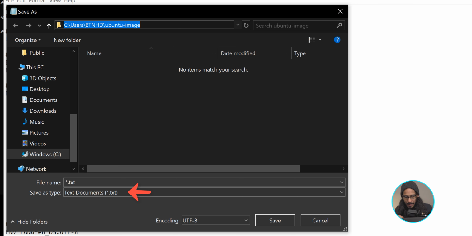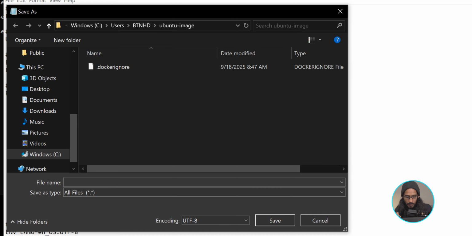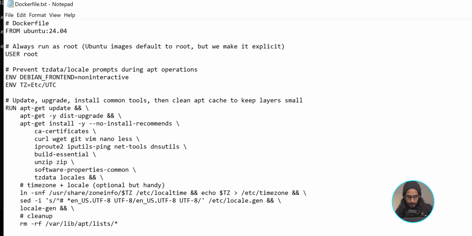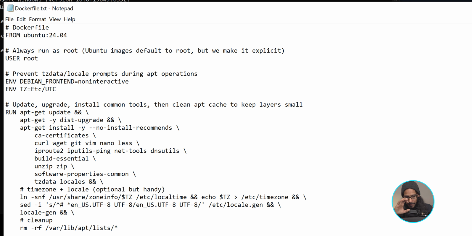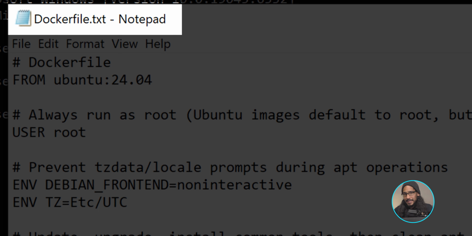For the save as type, we're going to click on the drop down and then select all files. Now, the name for this particular file would be Dockerfile, capital D. Make sure you got the capital D. I learned the hard way. If it's a lowercase d, it won't work. I don't know why, but capital D is the way to go. Right? And then click on save. Now, I did make a mistake. At the very top of the notepad, you will see that the extension is .txt. Make sure that you remove the .txt and make sure it's no extension. It has to be Dockerfile.